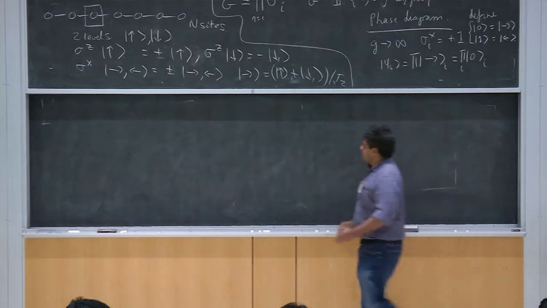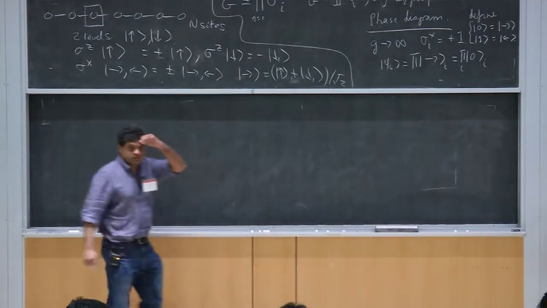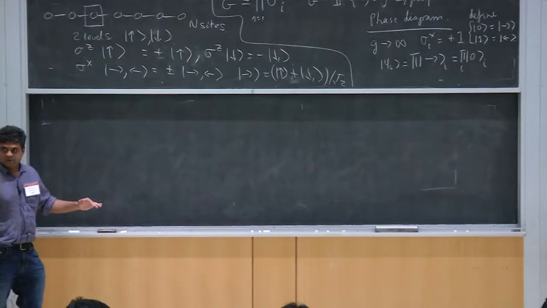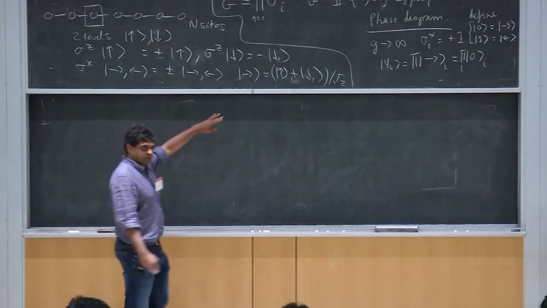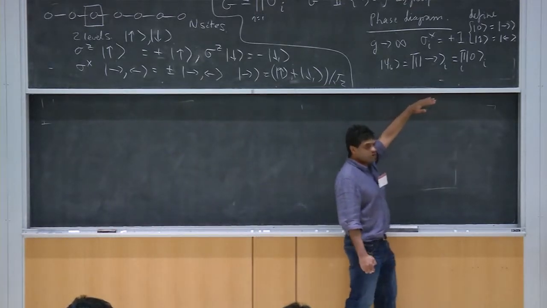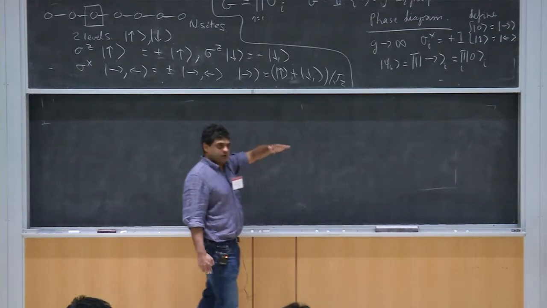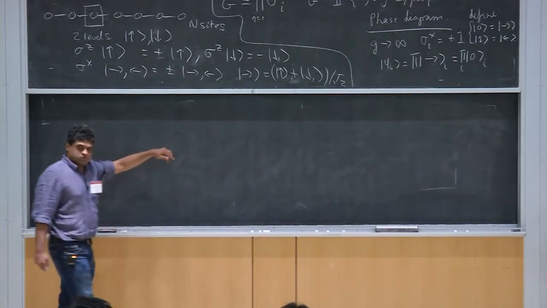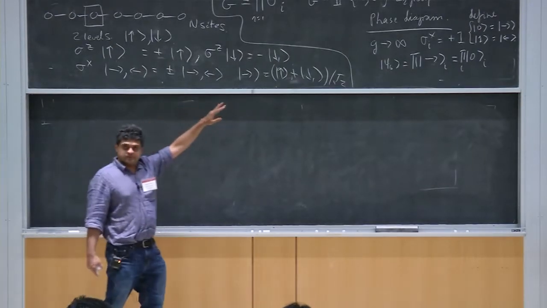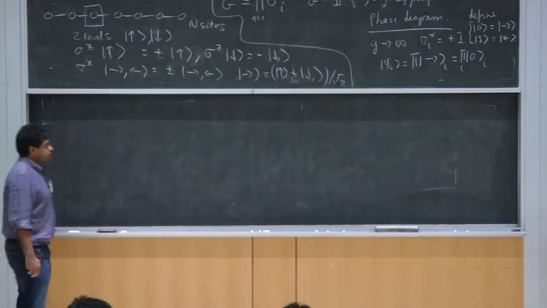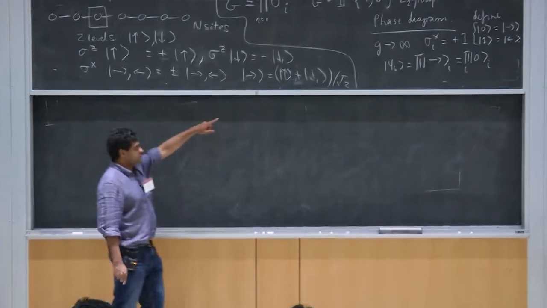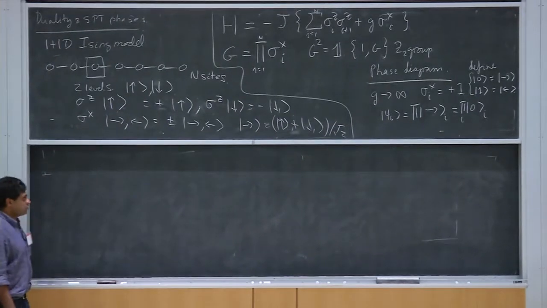Okay, so we said that we have the ground state of this Ising model, the string of zeros, but it's actually interesting to also ask about the first excited state. We said before that we're going to be interested just in ground states, but the excited state that we'll talk about now, as you change parameters, is going to come down in energy and eventually mix with the ground state. So it will help you understand the ground state somewhere else in parameter space. So let's try to understand that, starting from this limit. We have the ground state, and we want to find the first excited state.